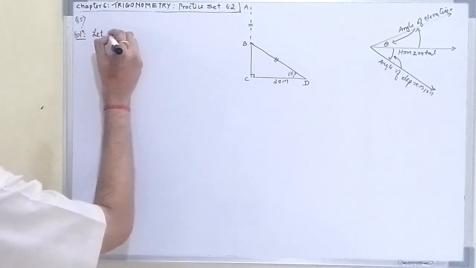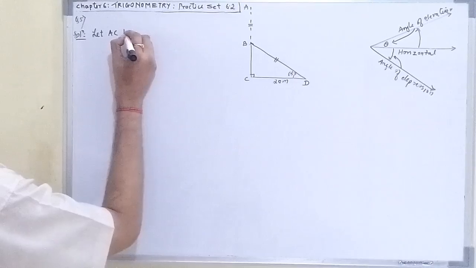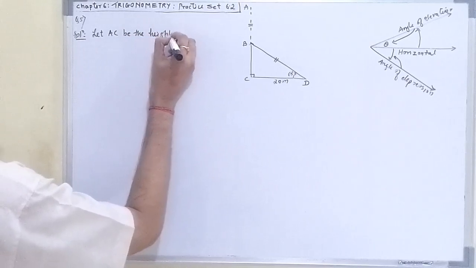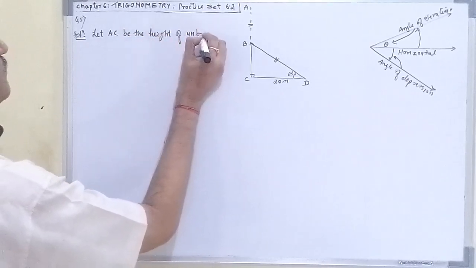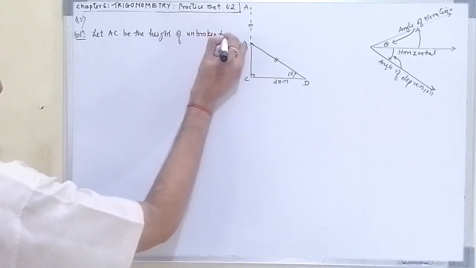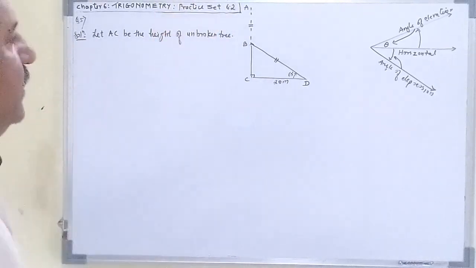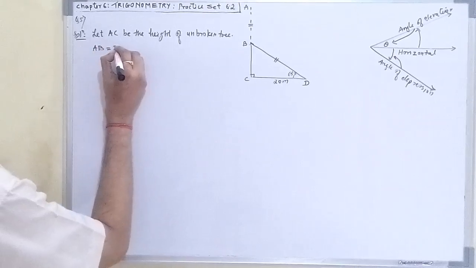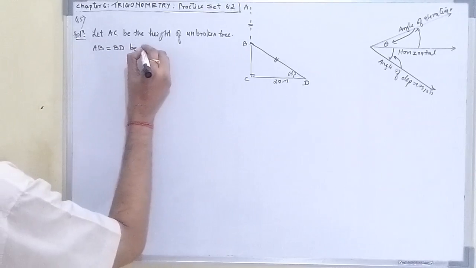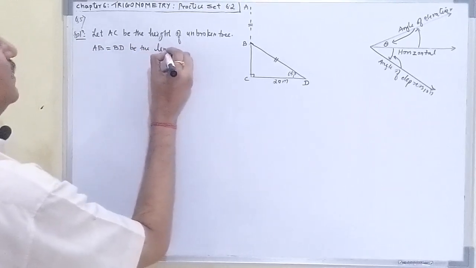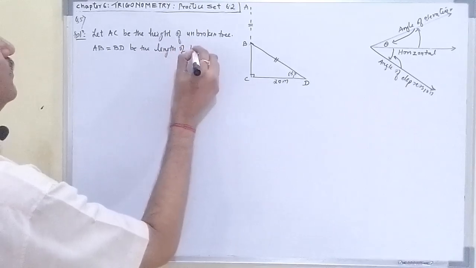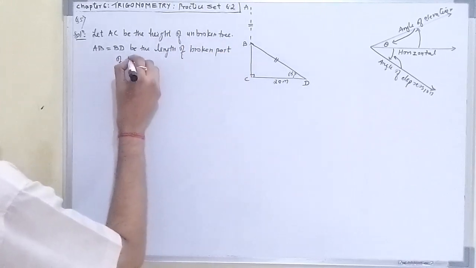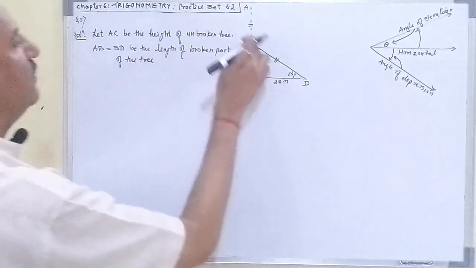लेट ए सी बी द height of unbroken tree। ये हाइट ऑफ द अनब्रोकन ट्री। ए बी इक्वल टू बी डी, बी द लेंथ ऑफ ब्रोकन पार्ट ऑफ दी ट्री। ये ब्रोकन पार्ट है।